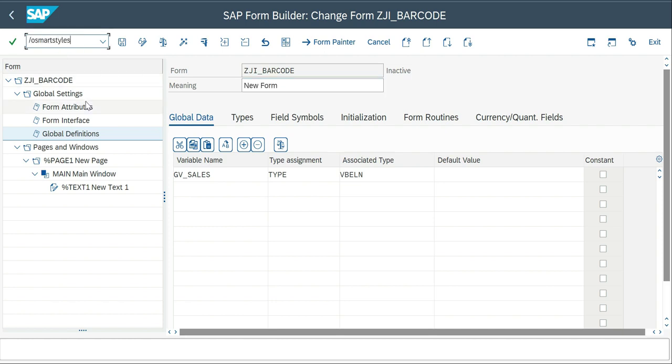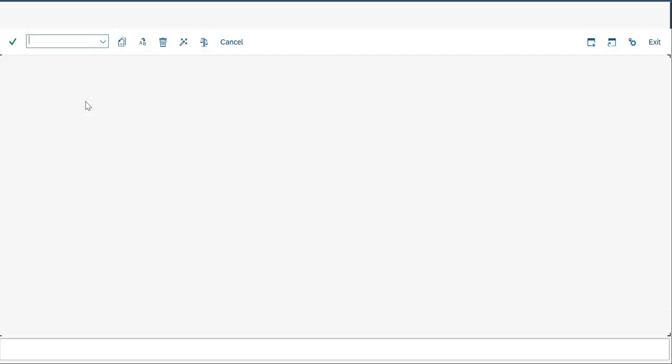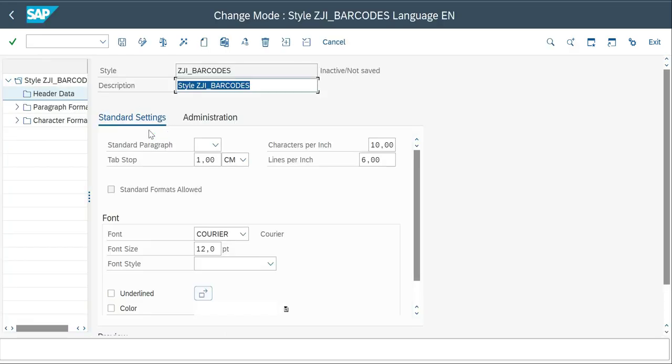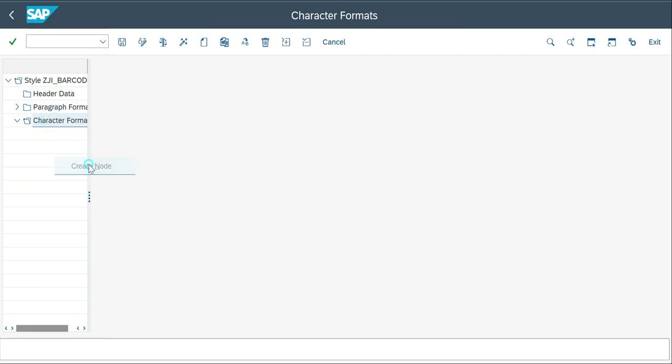So first I'm going to create a barcode from the existing formats, and then just play around with the different formats. It's not just barcode, whatever we have seen so far, we have a lot of different types of barcodes available. So CGI barcodes, create, and character format, right click, create node,